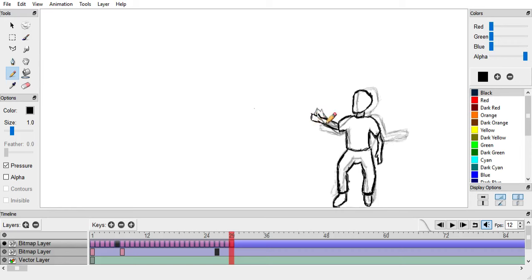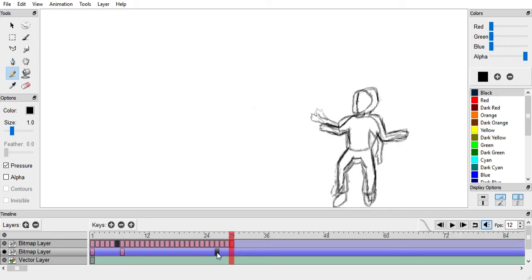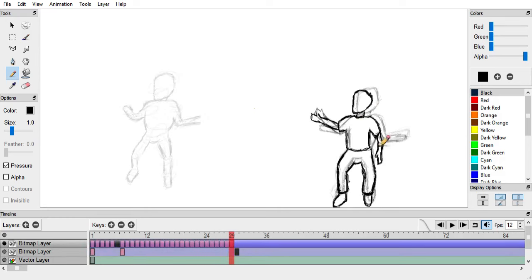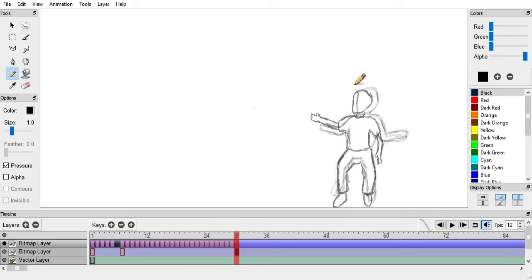His forearm has become a lot shorter than his bicep. And I lost my reference frame. Where's my reference frame? Let's grab that out here again. There's my reference frame. That's the sketchy drawing that I started with. Make sure we're on the right bitmap layer, and let's go and get a new frame. F7. Just keep drawing.